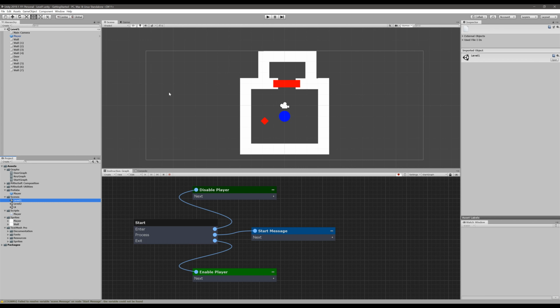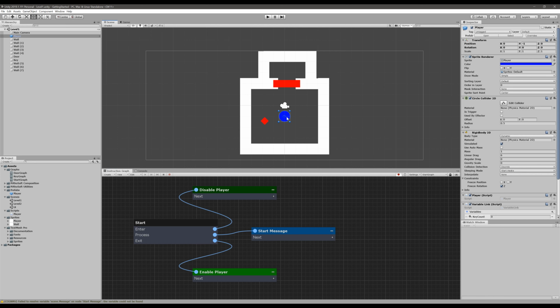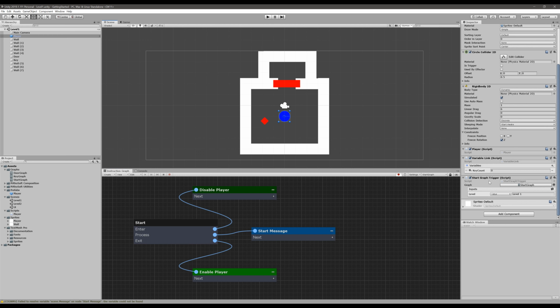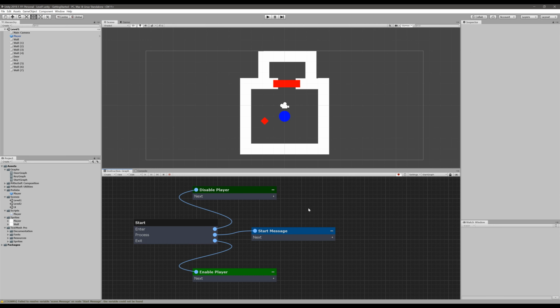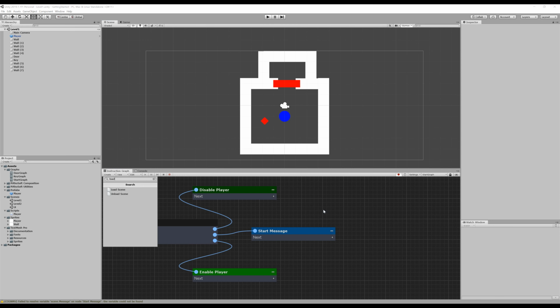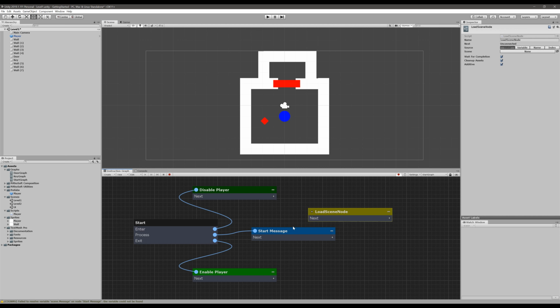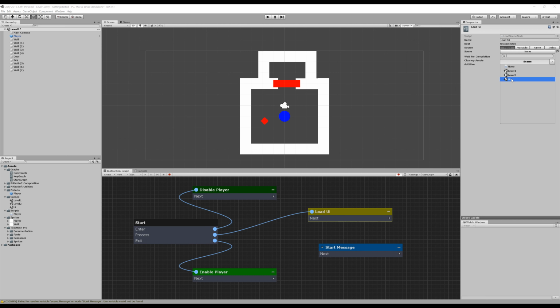And what we want to do is load an interface with these scenes through the graph. So the first thing we're going to do is in our start node on the player, or our start graph on the player, we're going to create a new node called a load scene node because we want the UI to be loaded at the start of the game. So we'll connect this right to the beginning, and we're going to call this load UI, and from this little drop down, pick our UI